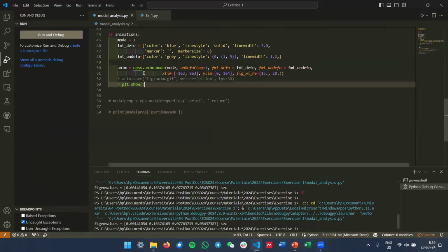Perfect. Okay, I want to show you another thing. Typically when you run a modal analysis, you want to know a bunch of parameters, a bunch of information about your structure. For example, the masses, and starting from the eigenvector analysis, you want to compute modal coefficients, modal masses, and so on. So you can do that in OpenSees by hand. I mean, you can take the mass matrix, the stiffness matrix, the eigenvectors,